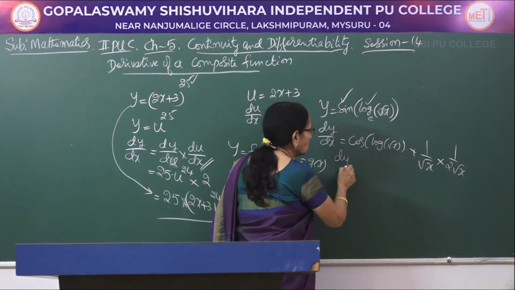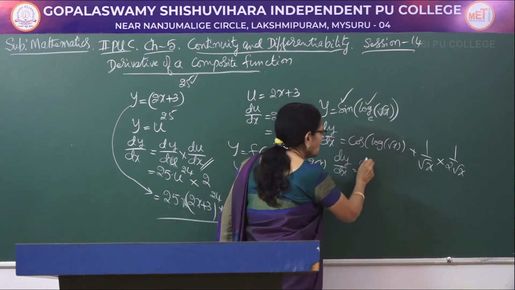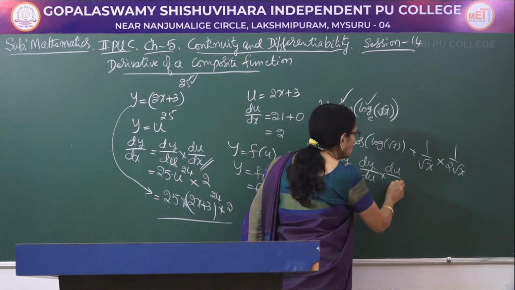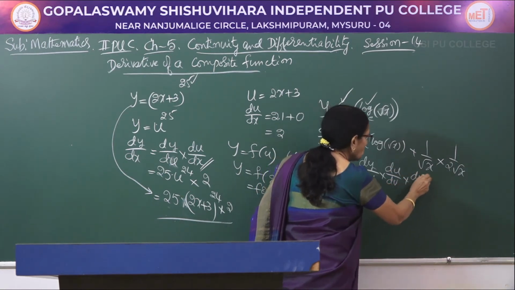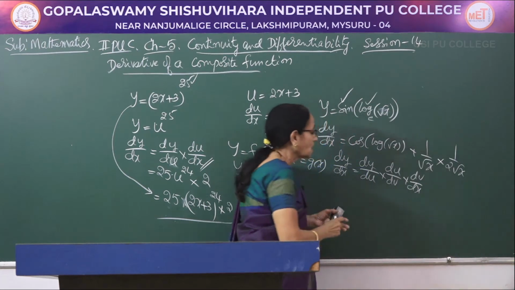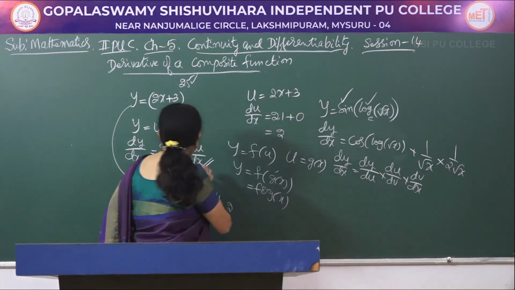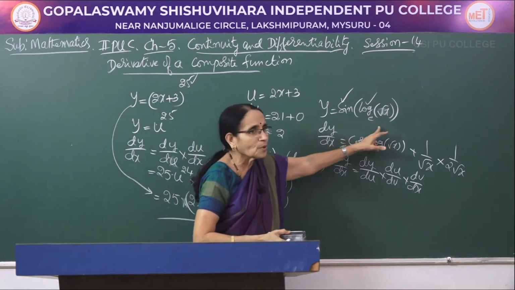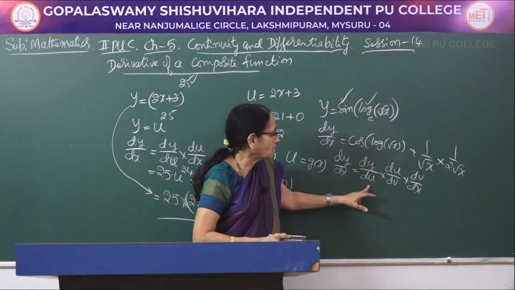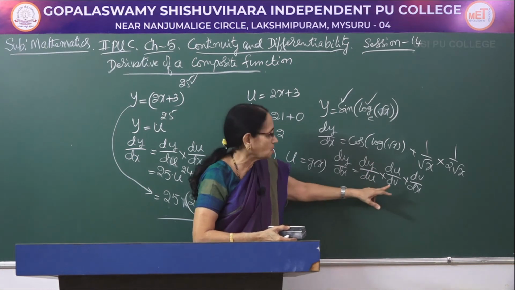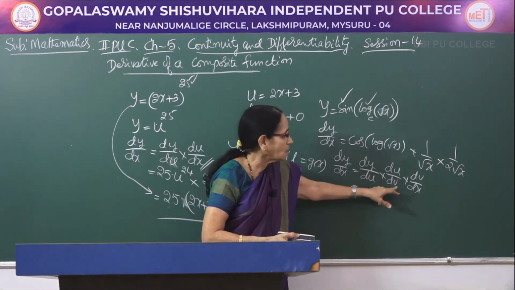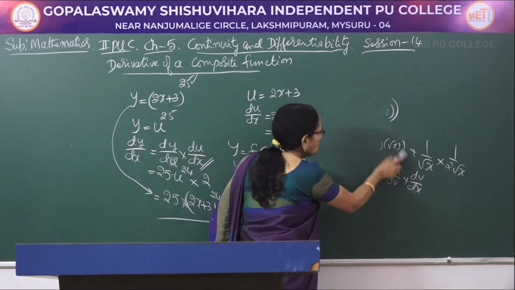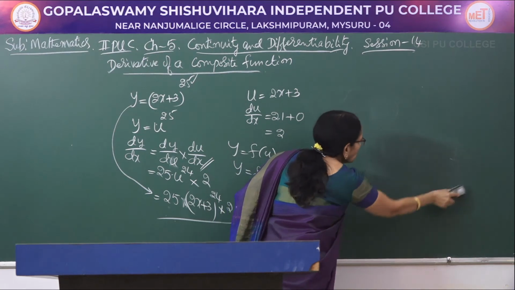Now, if you use the chain rule here, dy by dx equals dy by du into du by dv into dv by dx, because there are three functions here. Where two functions were there, there were two derivatives attached to each other. Now, there are three, so dy by du, we can't directly differentiate with respect to x, du by dv is another one, and dv by dx, like that. So, there may be any number of functions, one by one, starting from the outermost function.